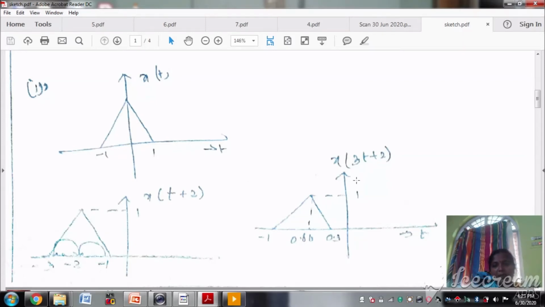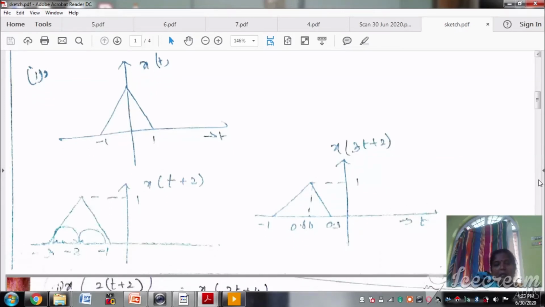And this signal will be again the same thing for the scaling factor. Here a is not equal to 0.5, so it is 3. So the signal will be compressed. So this will be taken from minus 3 to minus 1. So minus 3 less than 3t less than minus 1. So 3 by 3 it is minus 1, 3 by 2 it is 2 by 3 it is 0.66, and 1 by 3 it is 0.3, okay.